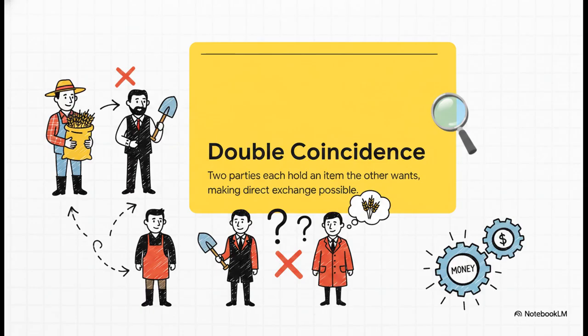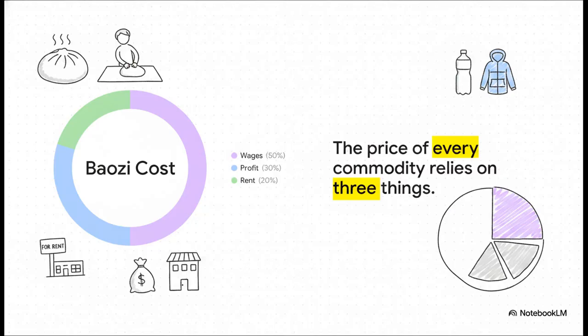And that is exactly why humanity invented money, a universal, agreed-upon medium. Money is just the grease in the wheels of the division of labor. It isn't the wealth itself, it's simply the bridge that lets you exchange your specialized labor for someone else's. So, once we have money, how is cost actually decided?